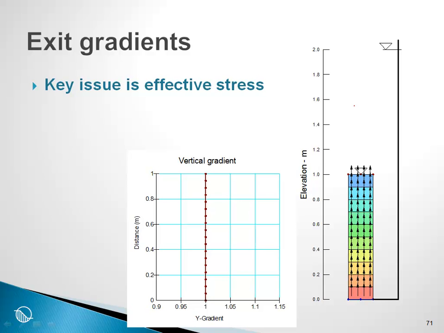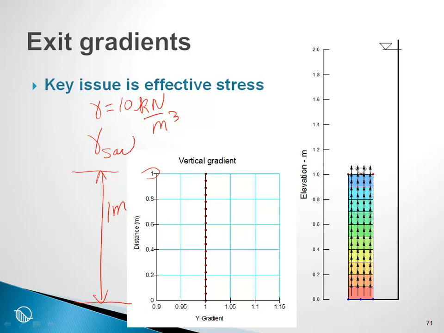If you take a SEEP-W analysis and you make a column that is 1 meter high, and you can do this at your leisure sometimes, and if you make the unit weight of water 10 kilonewtons per meter cubed, just for easy comparison, and we say that the unit weight of the soil is 20 kilonewtons per meter cubed,